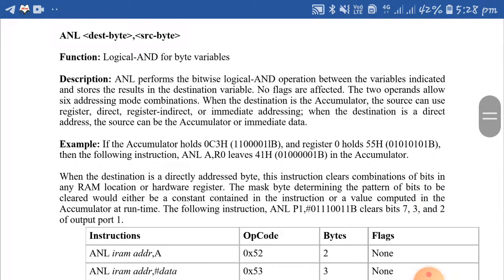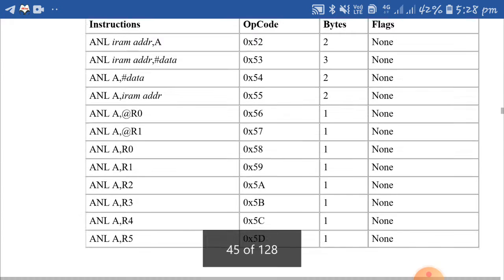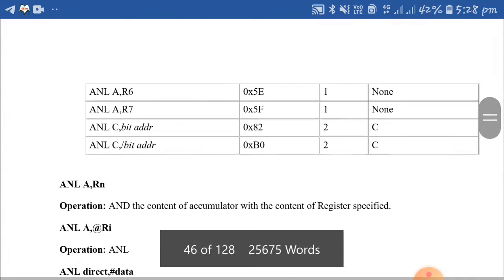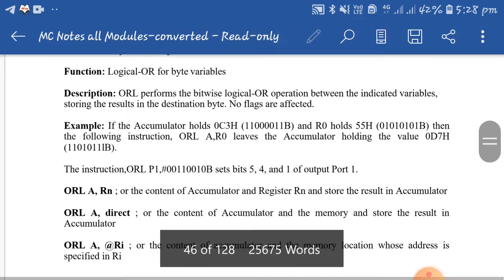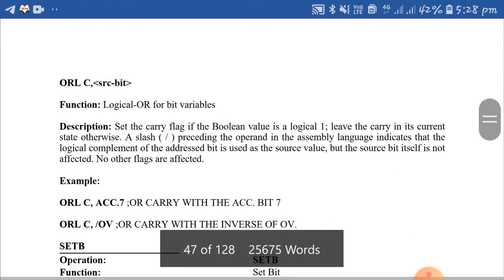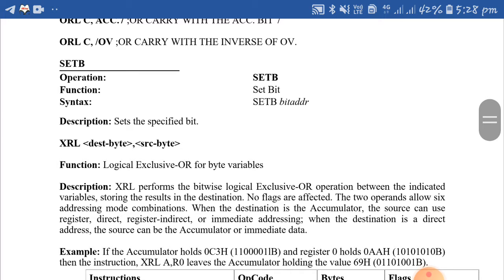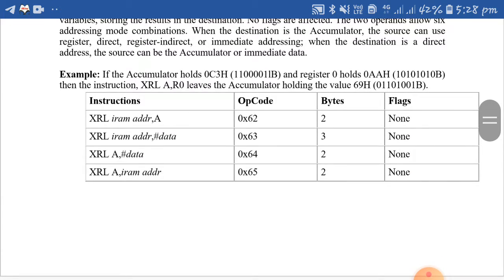Next, logical instructions. I have listed all the logical instructions: mainly the AND instruction, denoted by ANL. Next you have OR, the logical OR instruction. Next, the NOT operation, that is complement. Next, the XOR operation, XRL.